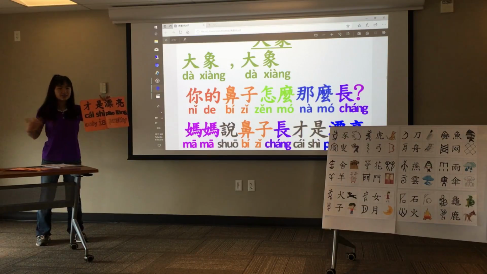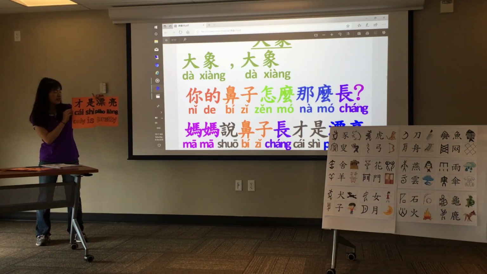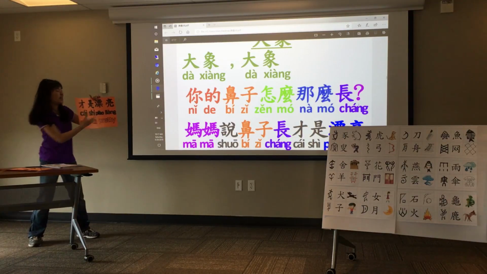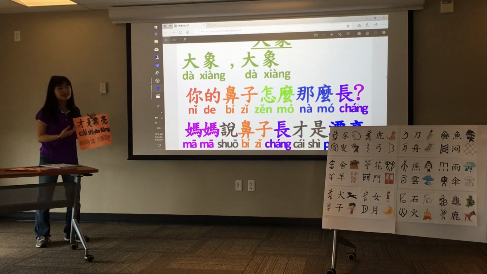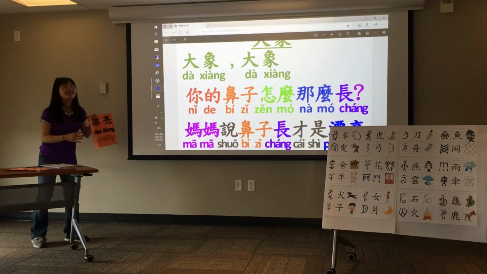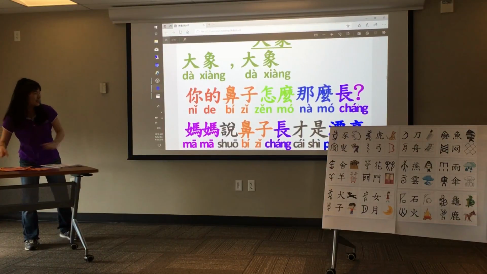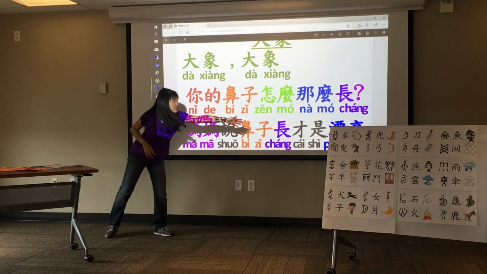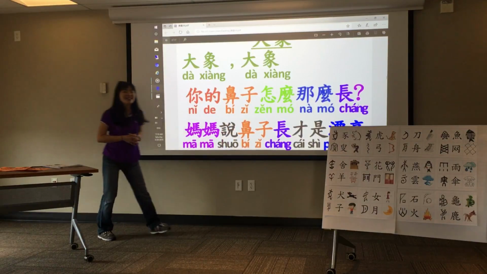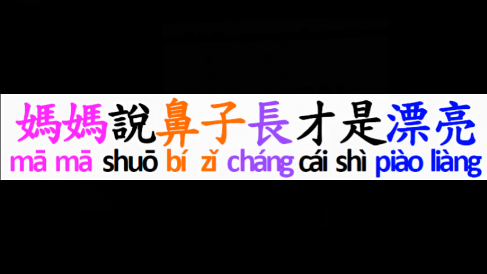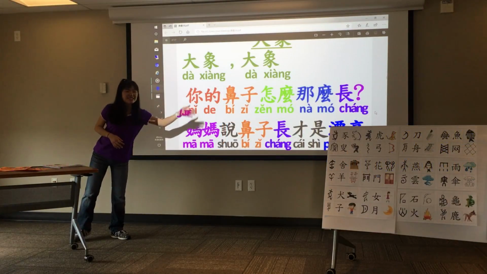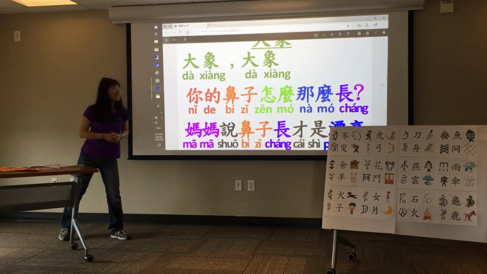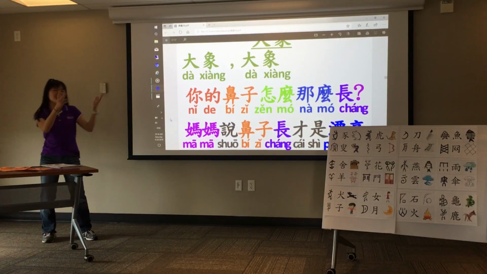And 漂亮 means pretty. So 才是漂亮 means only something is pretty. And we're talking about long noses here. So 鼻子长才是漂亮 means only long noses are pretty. So the second line means Mama says only long noses are pretty. So that's 妈妈说，鼻子长，才是漂亮。